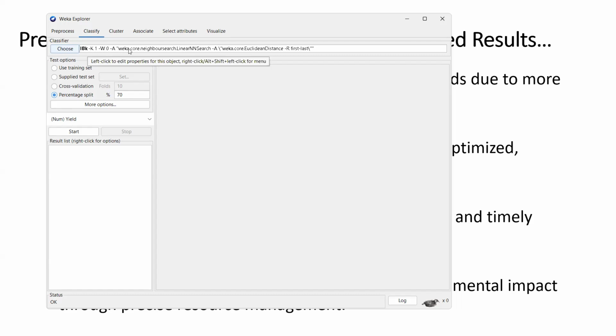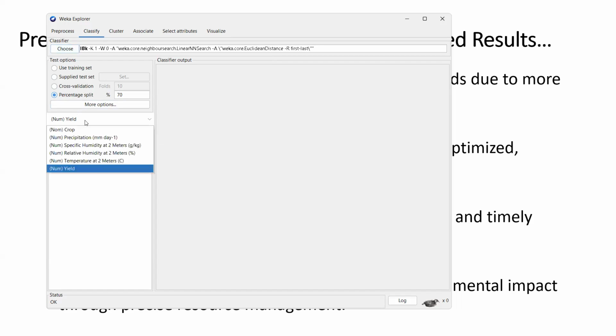So now we've successfully selected K-nearest neighbor. Let us run our first experiment quickly. You can see here it automatically picks yield as the one you want to predict. The one in the last column is automatically selected. But if what is in your last column is not what you want to predict, then you have to change it here. Maybe I want to predict precipitation or specific humidity. You have to select it manually. Otherwise, it automatically selects the last column of your data file. Once you are done, you are ready to go.